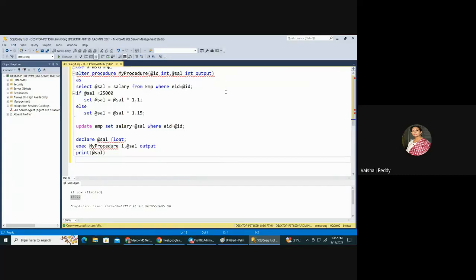ठीक है, ये समझ में आ गया सबको आउटपुट पैरामीटर कॉन्सेप्ट? Now let's see the next one, that is suppose both in and out concept I want. ठीक है, तो यहाँ पर इसको मैंने डेटा ले लिया